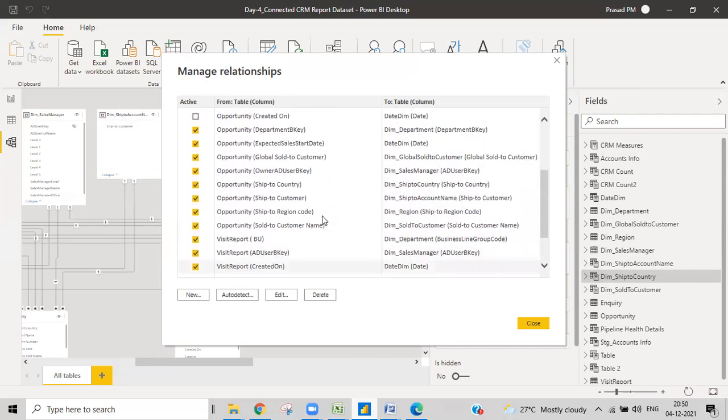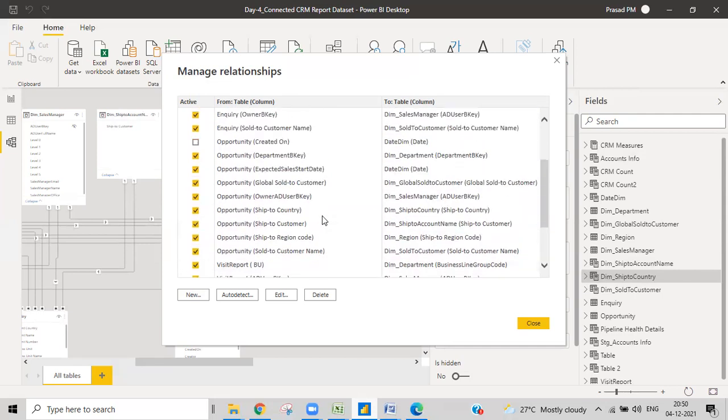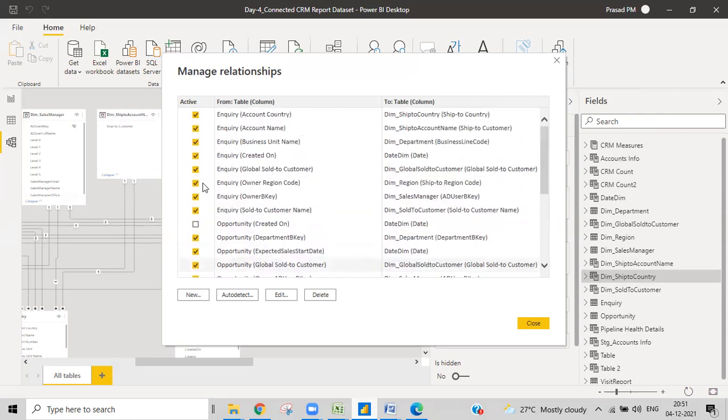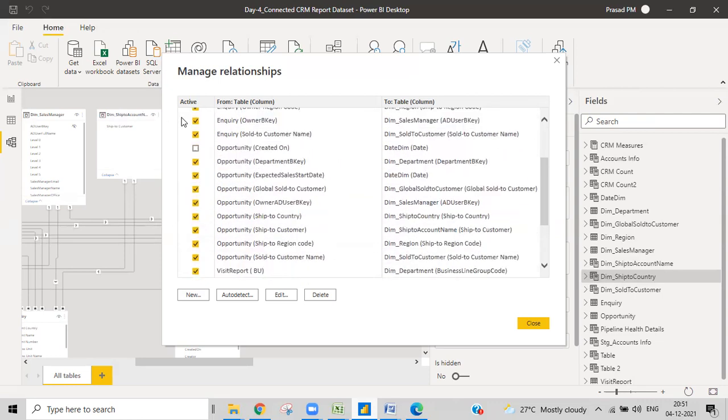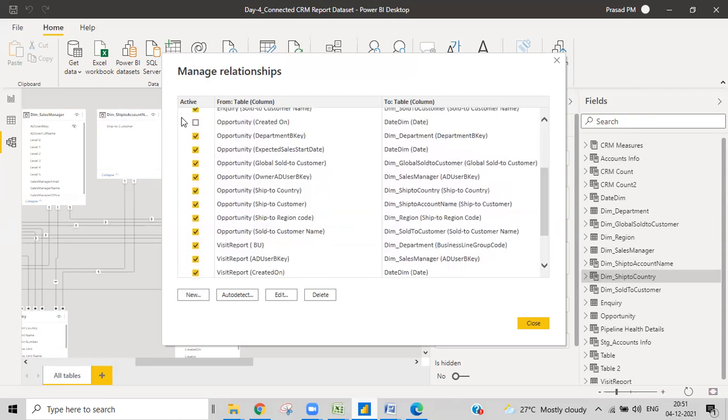Whenever they ask about a many to many relationship or fact to fact table relationship, you can tell them in the interview that whenever we find many to many, we'll create a bridge table and give a relationship from that bridge table to the fact tables, and then use it as the filter so that both the fact tables get filtered. That is the answer you need to give to that question. That is a complex and important question in data modeling. Most probably this question will come in the interview if they need someone with a good data modeling concept.